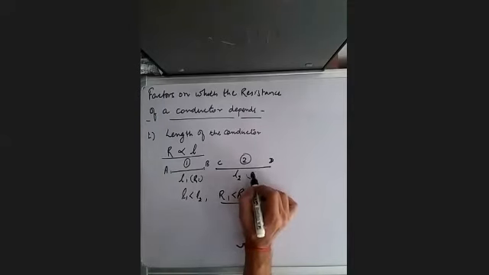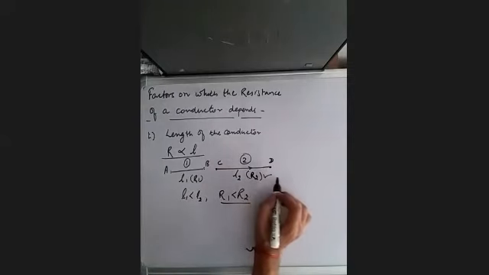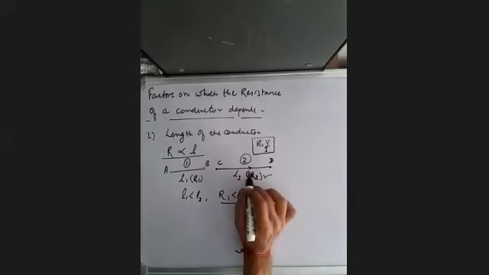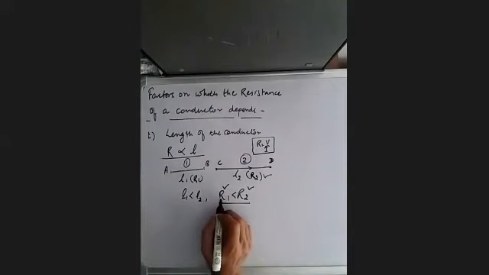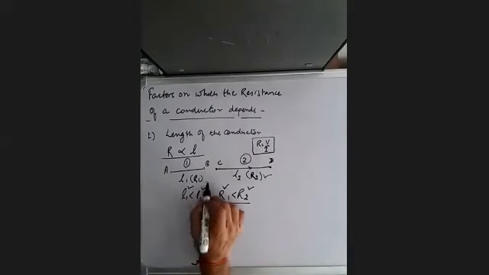And again, we find out the value of current flowing through the conductor and the potential difference across the two ends, C and D. And using this, we can find out the value of resistance using the formula R is equal to V upon I. So that is Ohm's law we use to find out the resistance of a conductor. So if we compare these two, we'll find that R1 is less than R2.